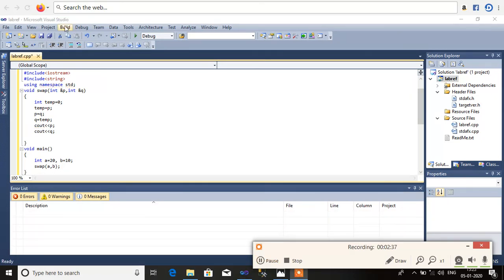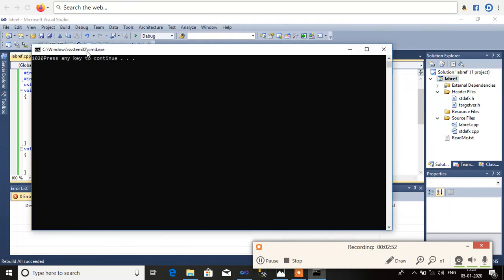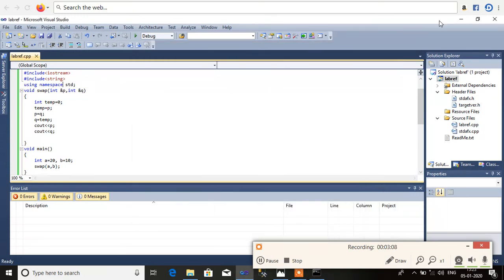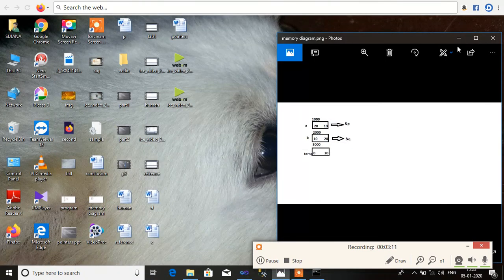Then I'm running the program. So the output is like this: before swapping, the values are 20 and 10. After swapping, the values are 10 and 20. This is about the program. Now I'm going to explain to you about the